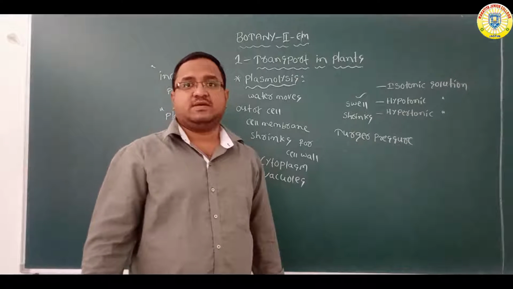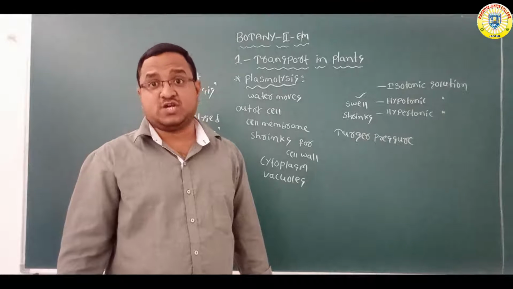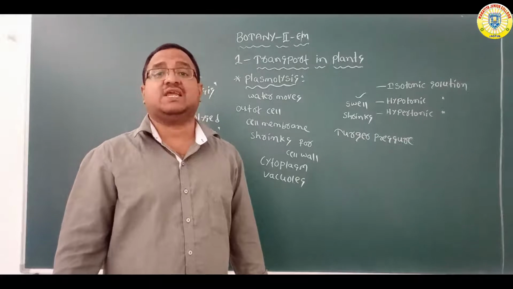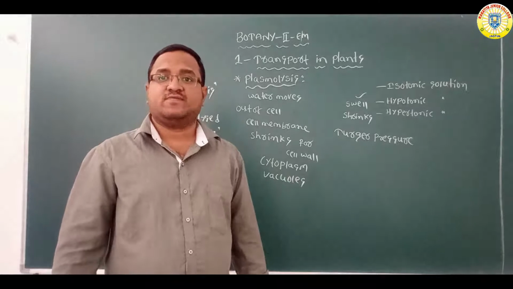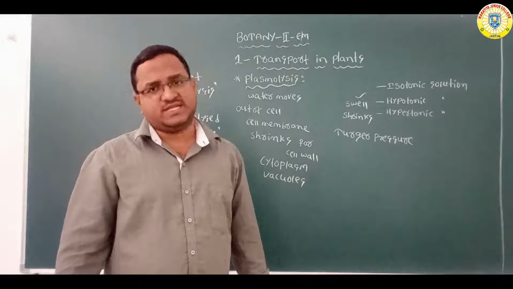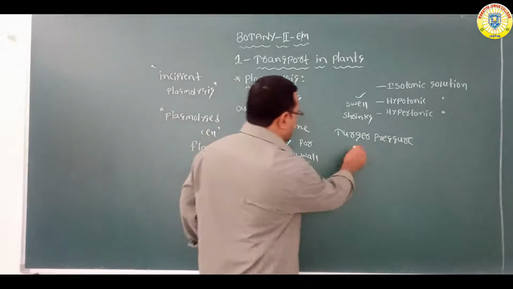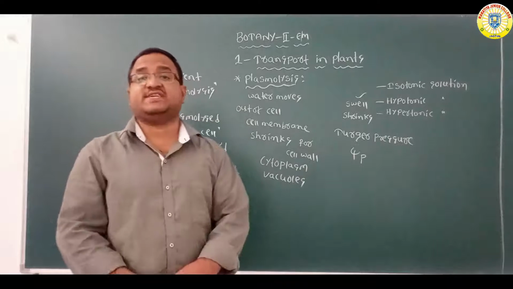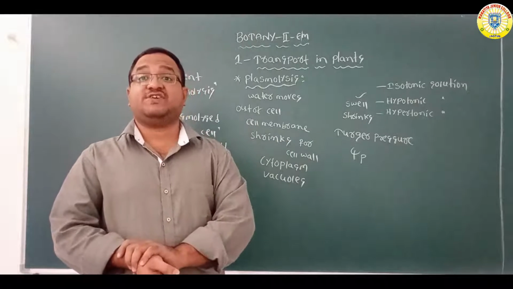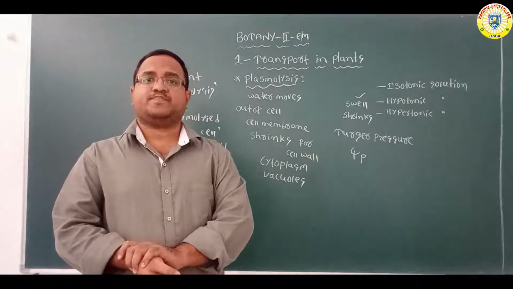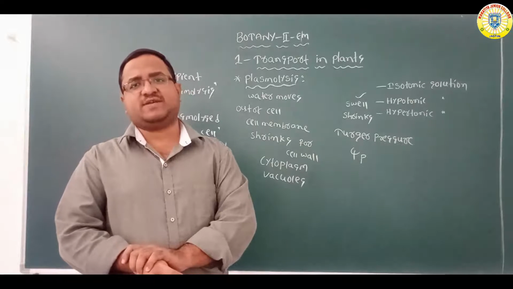The pressure exerted by the cytoplasm because of the entry of water, against the rigid cell wall, is called pressure potential, psi P. Because of the rigidity and stiffness of the cell wall, the cell does not rupture or break up. Whenever water enters the cell, the cytoplasm makes pressure on the cell wall and the cell becomes turgid.